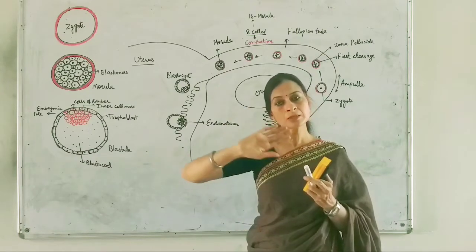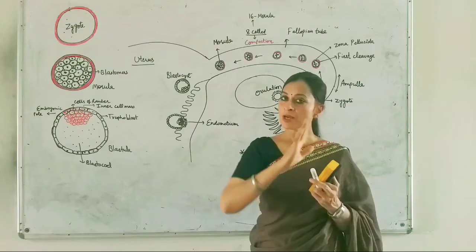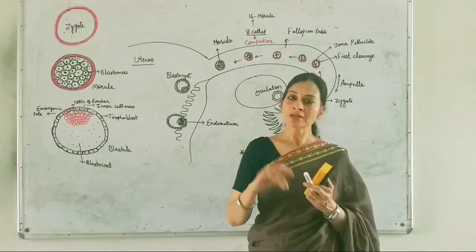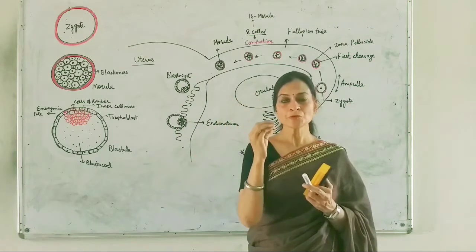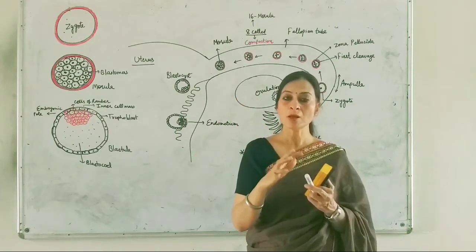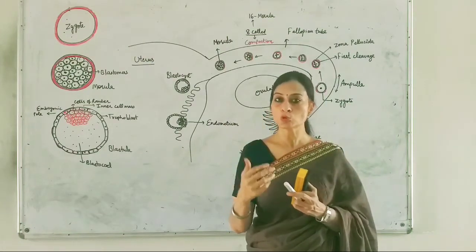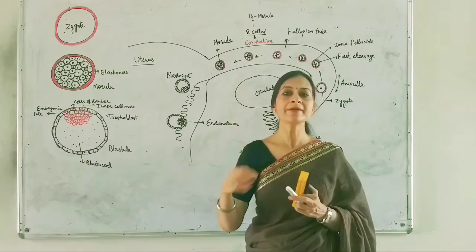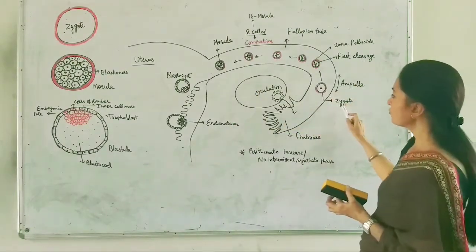They will divide again and again, even in their small stage. As the divisions proceed, the size of cells will become smaller and smaller, because the cells are not taking time for their growth. They are just dividing and dividing. So this cleavage division will lead to this.